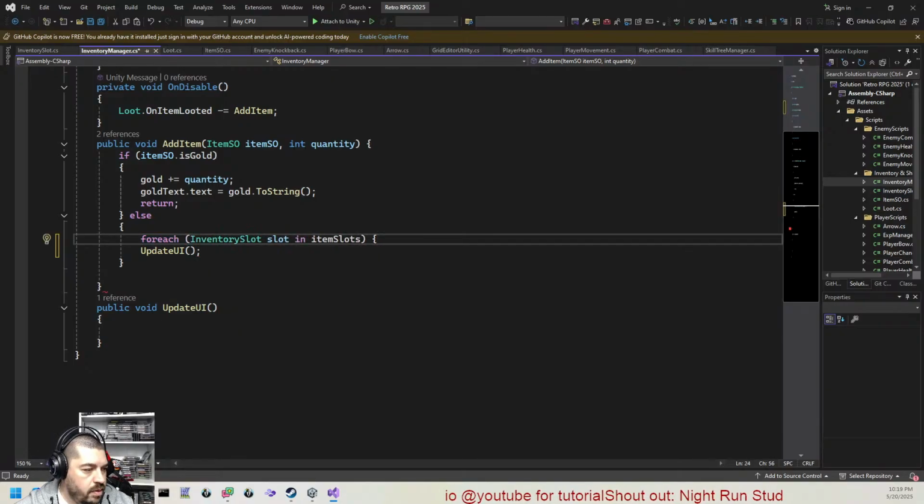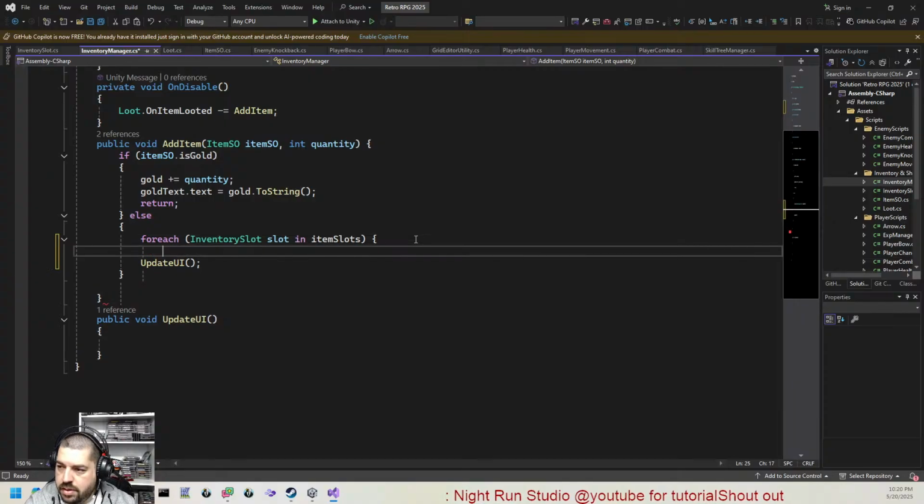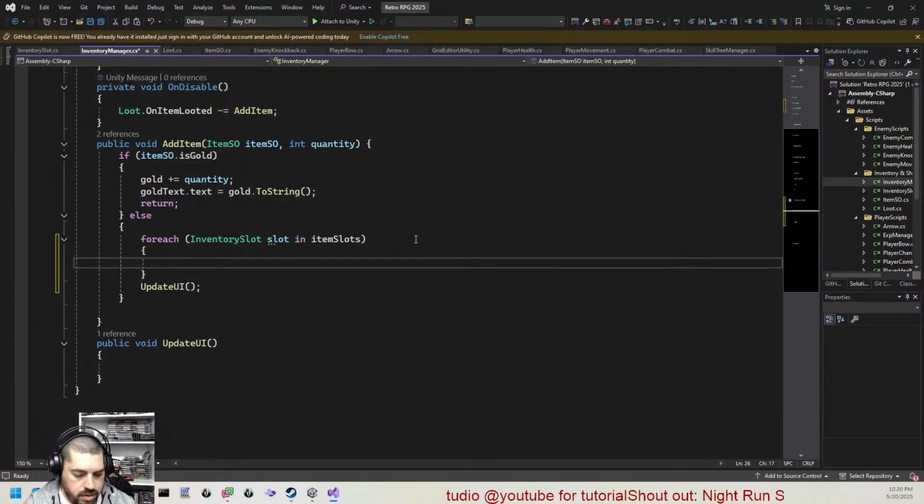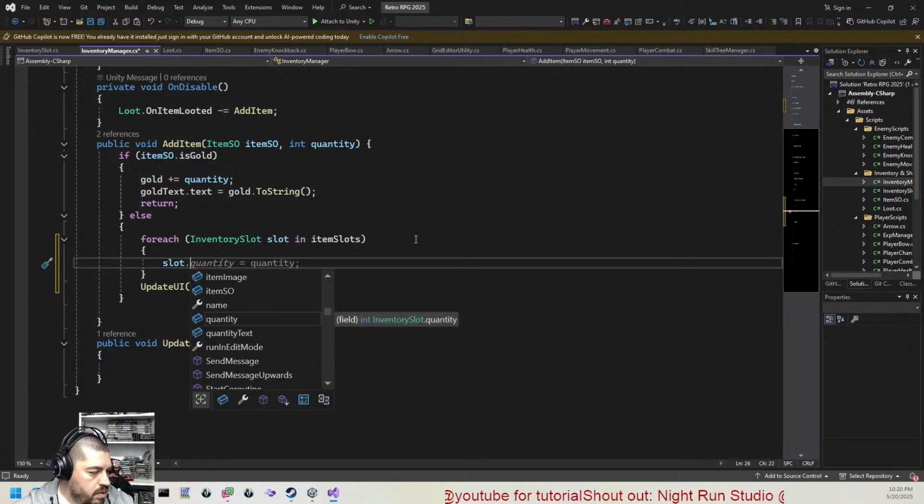Now the only problem with that is that if we pick up a stake, it fills every slot with that stake. So first of all, let's actually look for an empty slot. To do this, we're just going to do an if statement. We'll say if the slot's item SO is